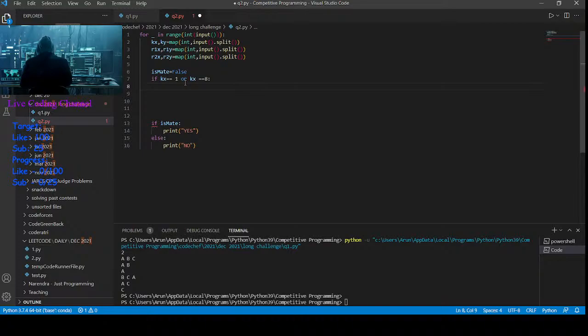If he is on any of these, we can mate him. You know what, let us type it separately, case by case. So if kx is equal to 1, he is on the leftmost column, yes, not the row, it is the leftmost column, and on that